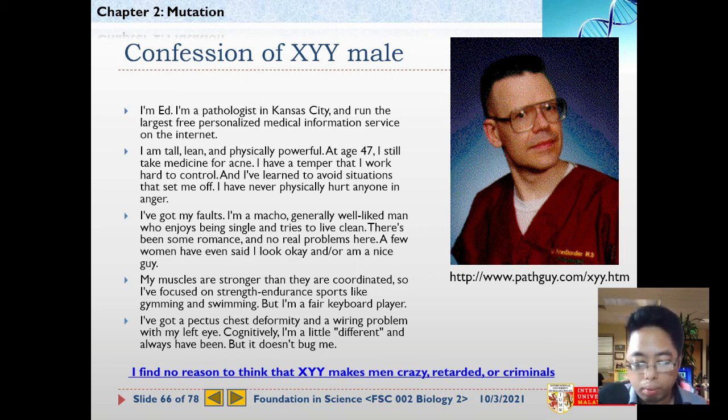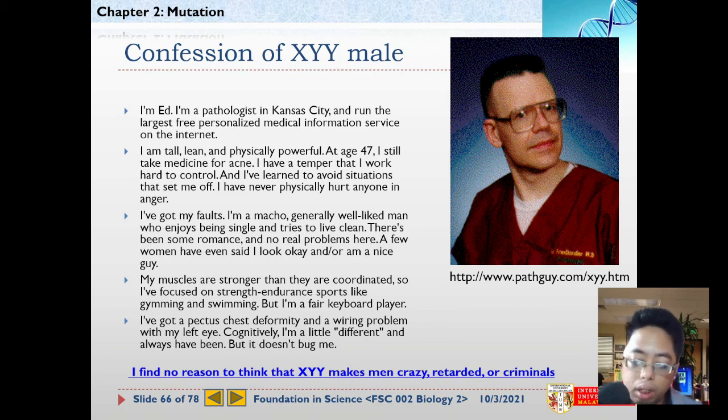He has stronger muscles due to the effect of testosterone. It builds up your muscle. He is much stronger compared to his coordination, so he is much more focused on strength in different sports like swimming or gymming. In terms of his thinking, his cognitive ability, he is a little bit different and always has been, but